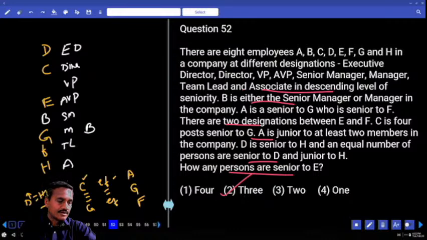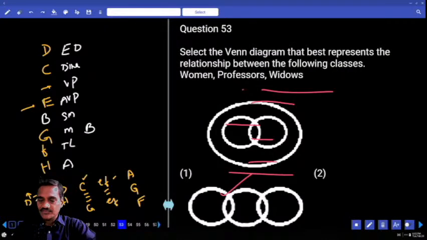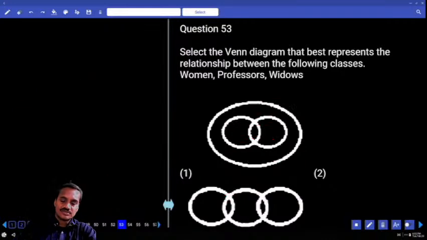Clear? Now this is about question number 52. Choice 2 is the answer. Who is left over is not relevant. What is our question? How many people are above this one? There are three persons. Then 53, and it is based on